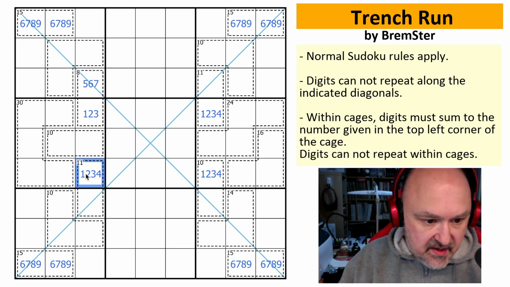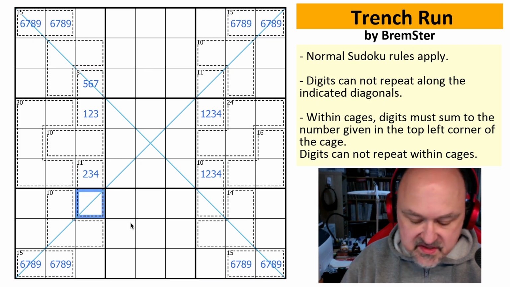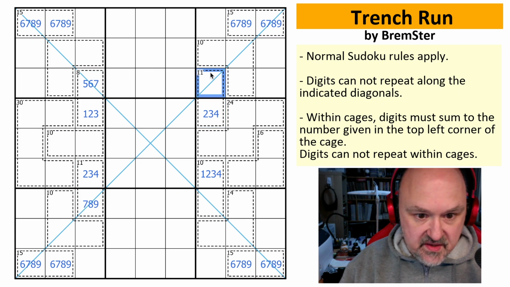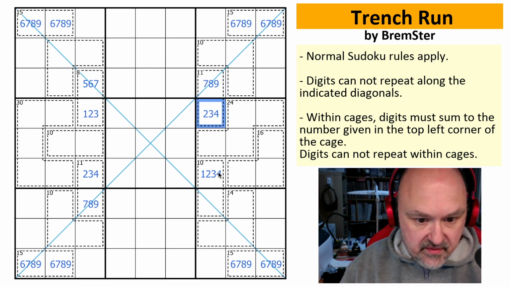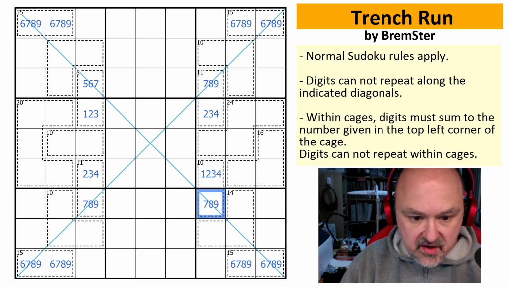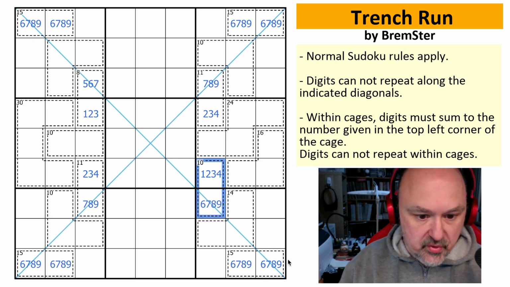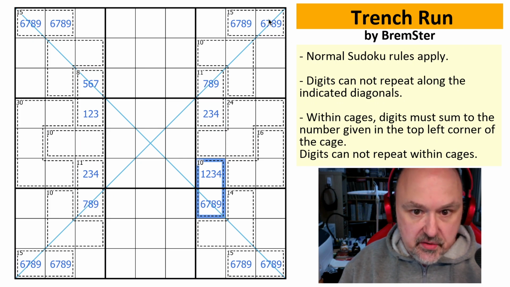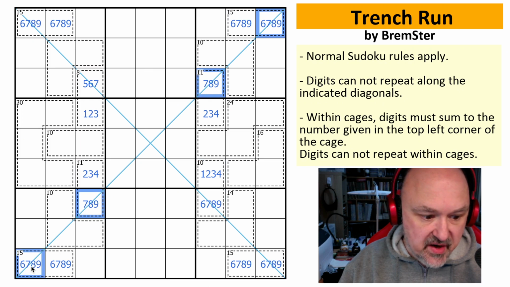This 11 can't be a 1 because you can't have 1 and 10. So this is going to be 9, 8, or 7 to go with the 11. This is going to be the same in this 11. It's going to be 9, 8, and 7 with the 2, 3, 4. And this 10 is going to be 9, 8, 7, or 6 to go with a 1, 2, 3, 4 to get to 10. What they then notice is along this diagonal, there is a 6, 7, 8, 9 quadruple,